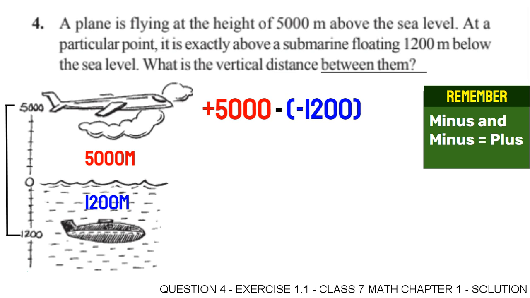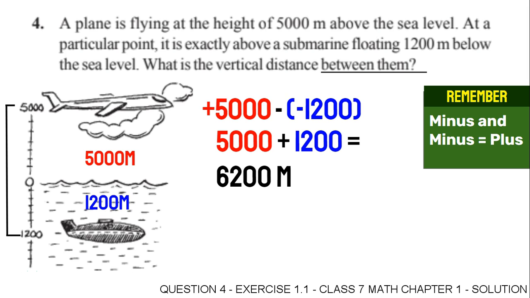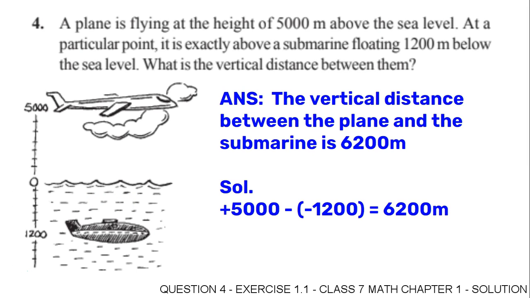Now, to actually solve this, just remember that whenever you're subtracting or adding integers, minus and minus always equals a plus. In our equation, we have two minuses, the minus and the minus from 1,200. So minus and minus is plus, so we have to do 5,000 plus 1,200, and that equals 6,200 meters. So we got the same answer using both of the methods. The answer is the vertical distance between the plane and the submarine is